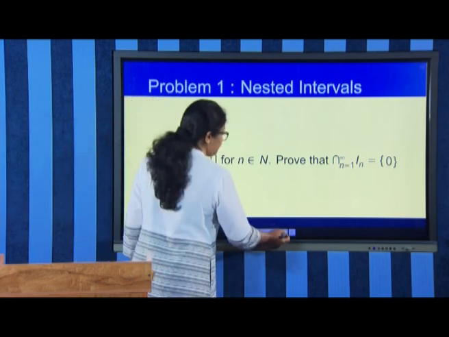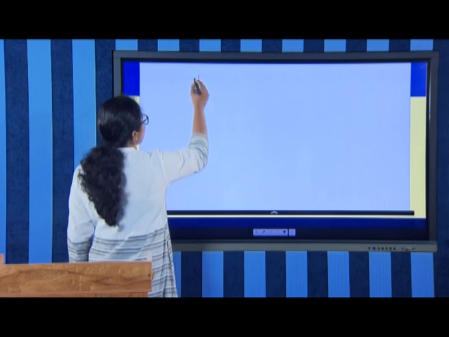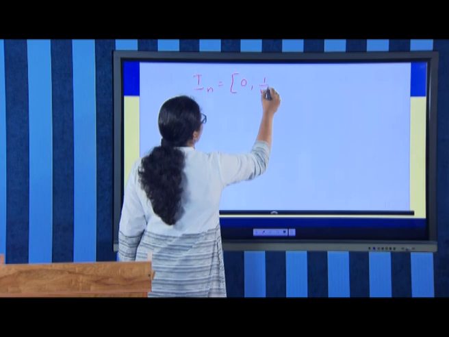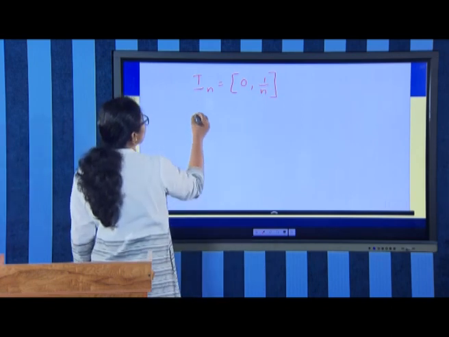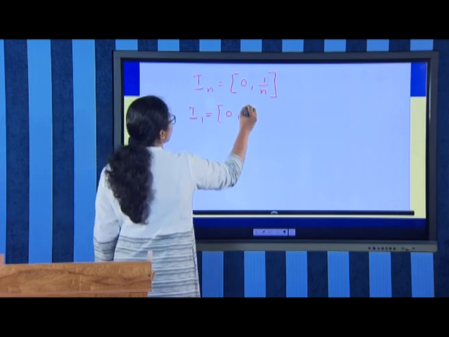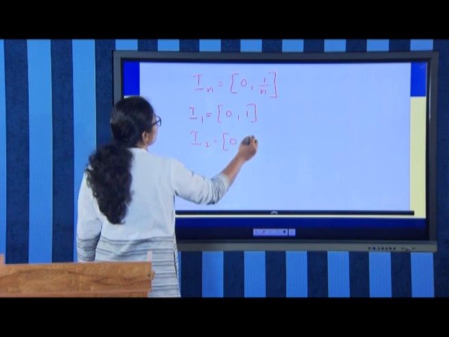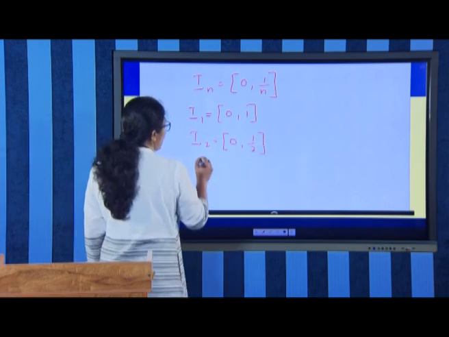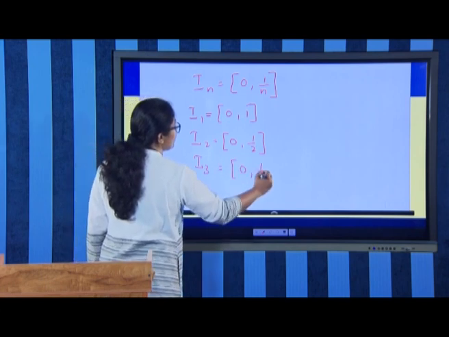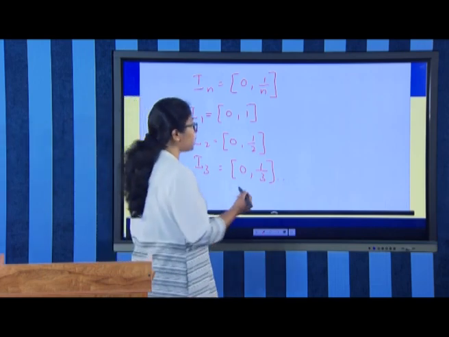So, we have I_n equal to the closed interval 0 to 1/n, and therefore I_1 will be [0, 1], I_2 will be [0, 1/2], I_3 will be [0, 1/3] and so on. If we draw this geometrically,